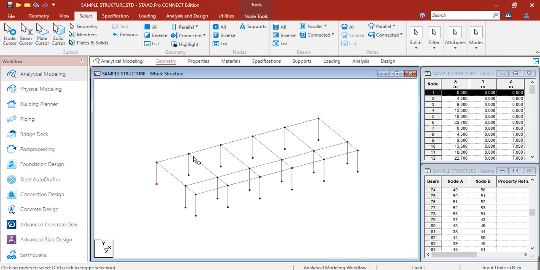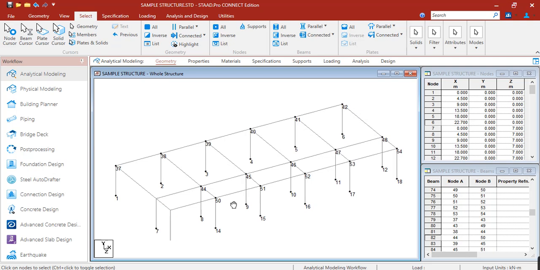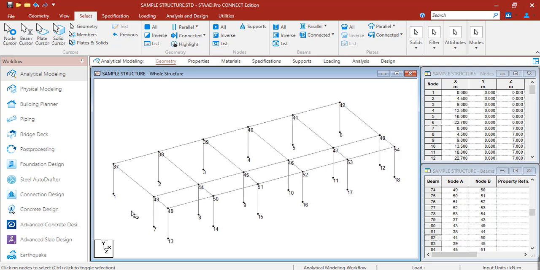Okay, so how can you know the node number and beam number except if you look at the table at the right side? For nodes, you can show the nodes present in your model by clicking Shift N. If you click Shift N, the node numbers will appear on your screen.